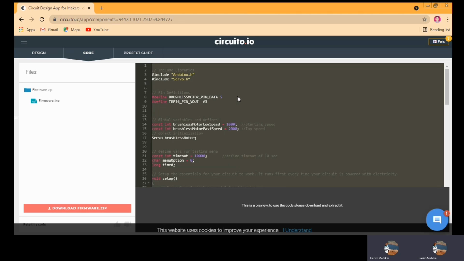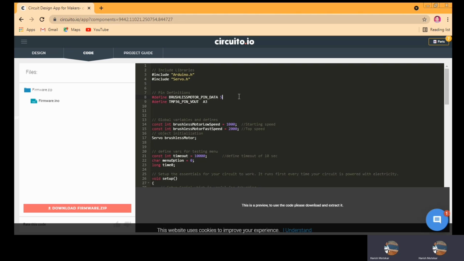So you can copy and paste this code in your IDE where you can run it. Okay, so the whole code is available. You just need to modify the code if you want, or you can directly run it as it is. Okay, so this is about the coding part. The code is available here with this firmware. Okay, so here all the code is available. You can just download this code also.